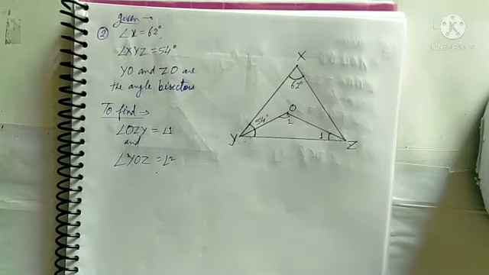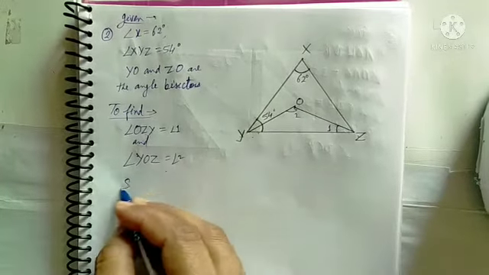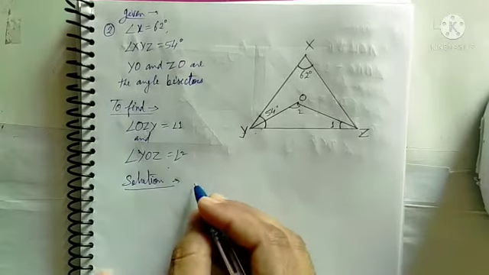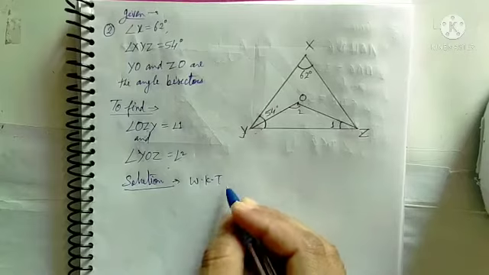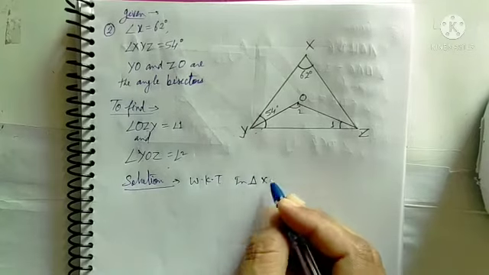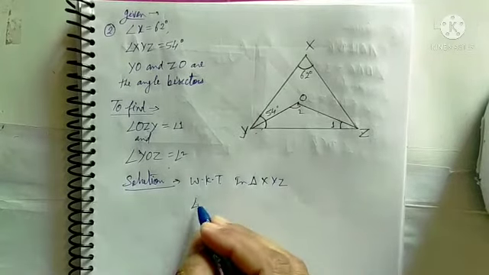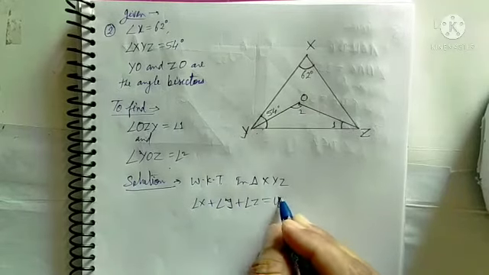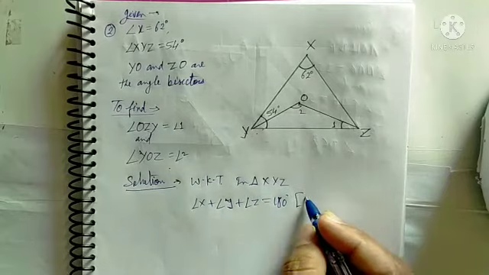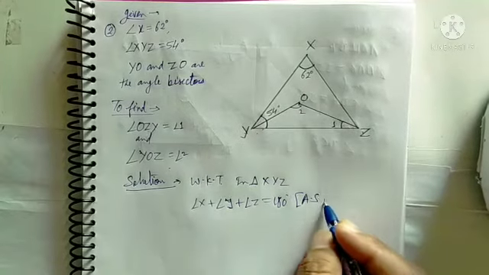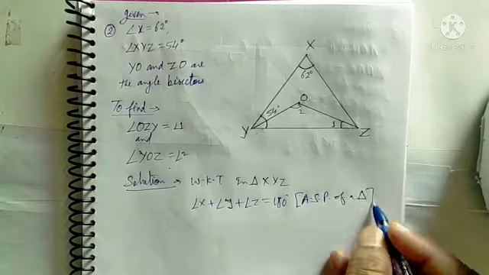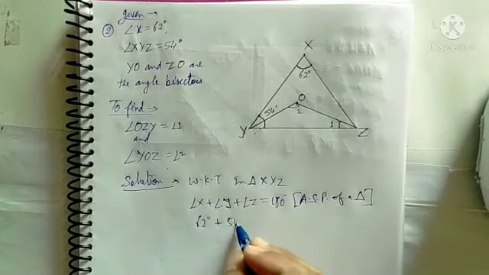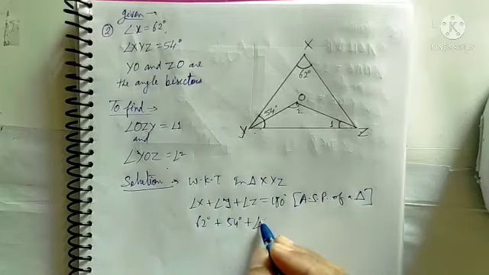Now we can start. Students, what we will do first? Solution. We know that in triangle XYZ, angle X plus angle Y plus angle Z is equal to 180. Reason is angle sum property of a triangle. So angle X is 62 degree plus angle Y is 54 degree plus angle Z we want to find out. Angle Z equal to